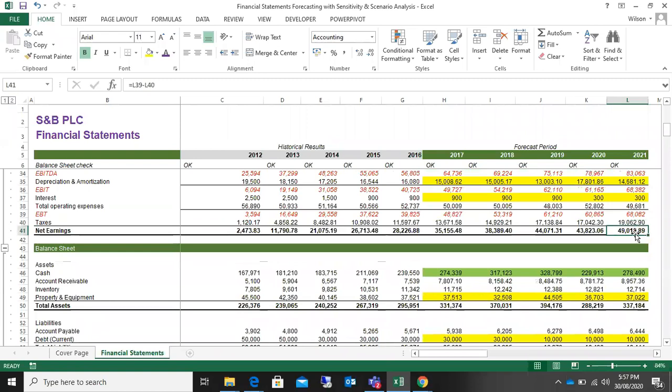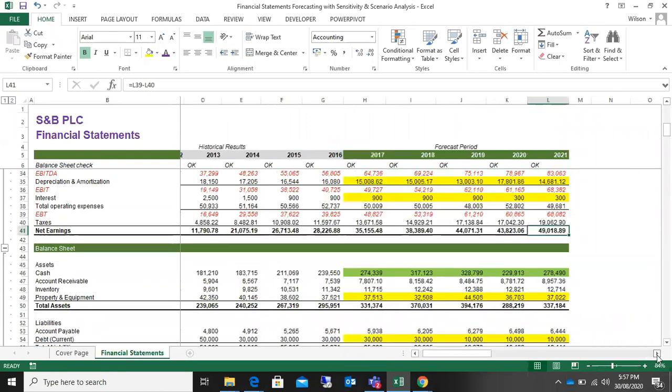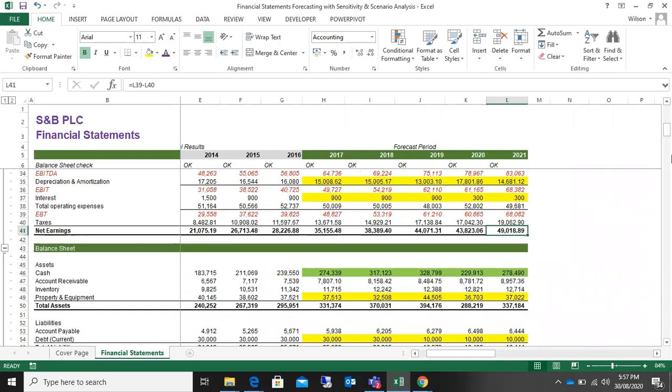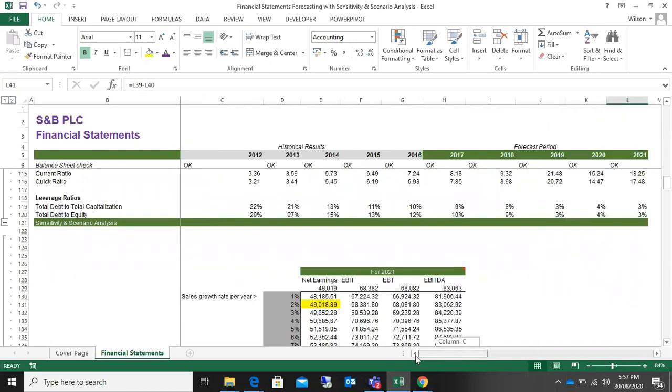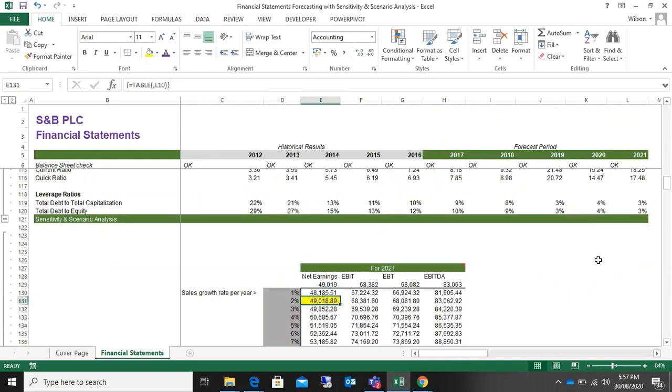You can see it's correct, isn't it? So net earnings for 2021 is 49018.89, which is exactly the same thing we have here. Can you see that? So what this table will tell you is that